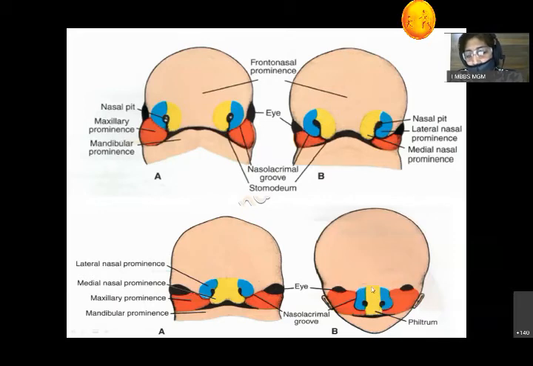This yellow color in the fourth figure is the intermaxillary segment. It forms the lip component, that is philtrum. It forms the jaw component, that is the part of the maxilla or jaw, upper jaw, which is having 4 incisors. Remember the important point, though the upper jaw and the incisor part of upper jaw is formed by intermaxillary segment, the skin over this part is formed by the ectoderm of the maxillary process only.